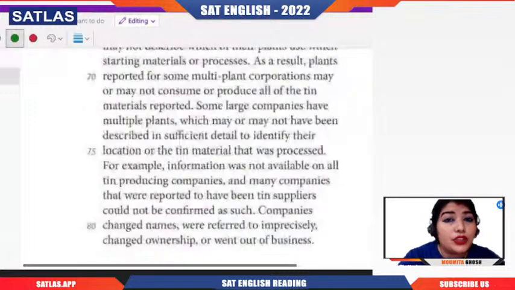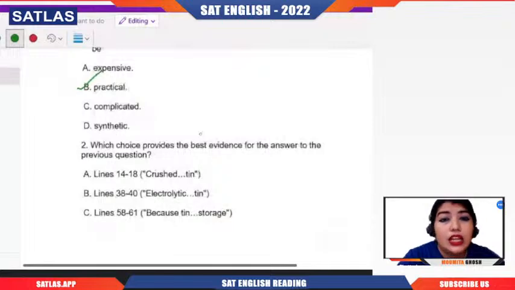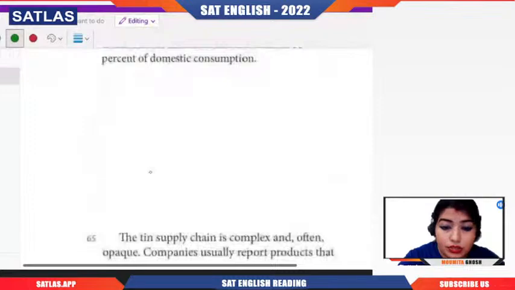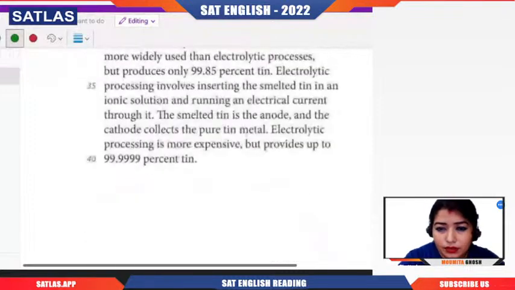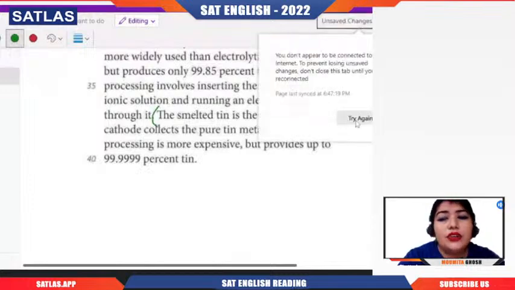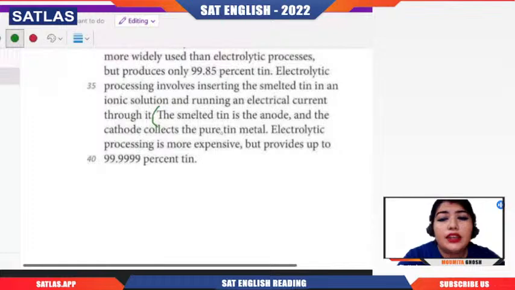Now coming to option number B. Lines 38 to 40, electrolytic refining of tin. So let us go there. The smelted tin is the anode and the cathode collects the pure tin metal. Electrolytic processing is more expensive but provides up to 99.99%